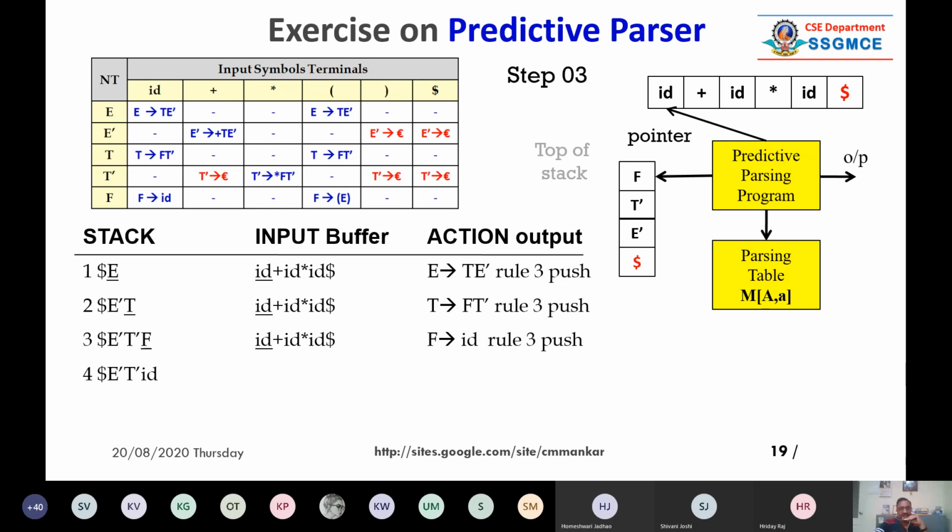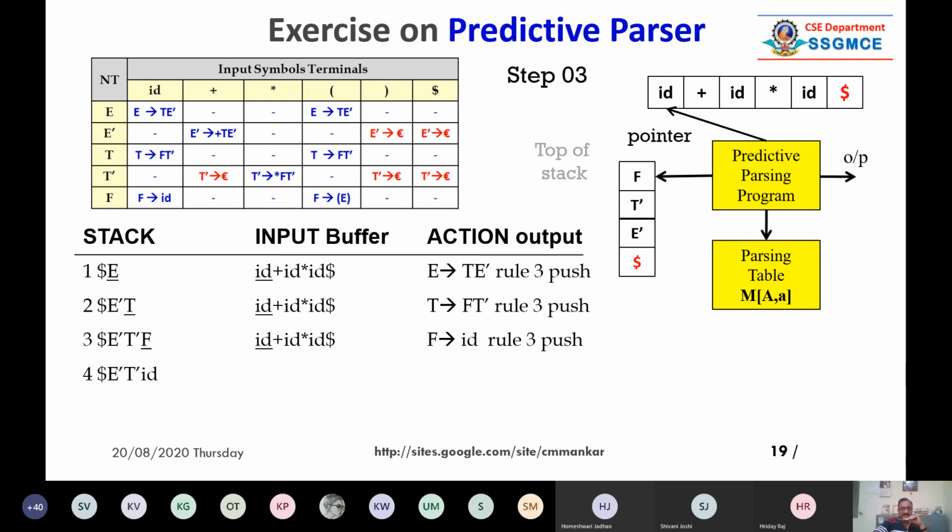So F will be on the top of the stack. See the diagram, yellow diagram. So now your parser is pointing to F. This is TOS and pointer is pointing to ID. So the pointer is not yet moved, because there is no situation like that. So this is step number 3.